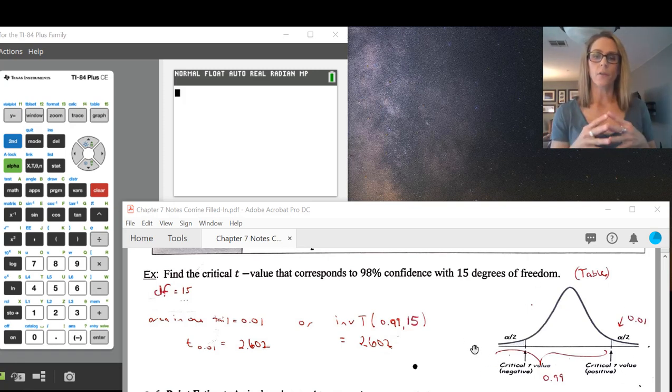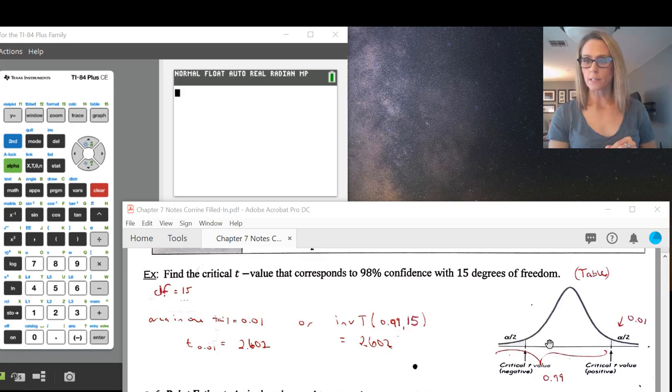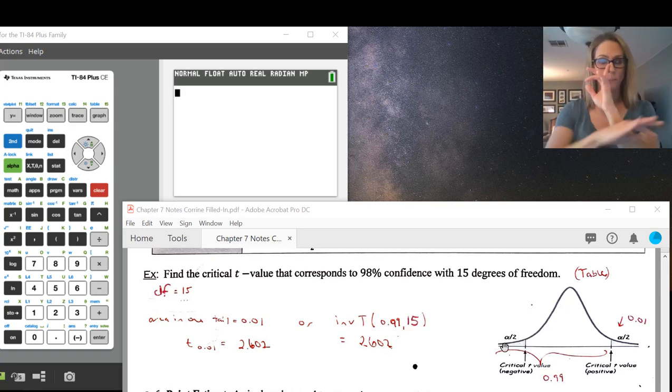Over on the side, if you take a look at this picture, what you really want to understand is if you're looking for 98% confidence in a confidence interval, you are talking about having 98% confidence in the middle of the distribution. So 0.98 should be in the middle of the distribution, which leaves you with 0.02. So 0.02 and 0.98 is 1. And half of 0.02 is 0.01. And so you have 0.01 in each tail. And so that's what you're seeing here, is between these two lines is 0.98, and then you have the 0.01 here, another 0.01 here, which makes 1, which is the area underneath the curve.